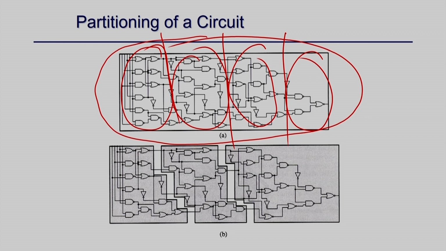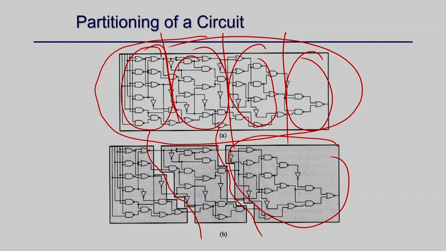Similarly, this is what is shown here. We have a partitioning here, and we have these three partitions, and I try to place each partition independently, right? And once we have done that, I can again recursively do the same partitioning within this component, or this component, until I have a module which is actually easy to handle, right? So this is what partitioning of a circuit means.